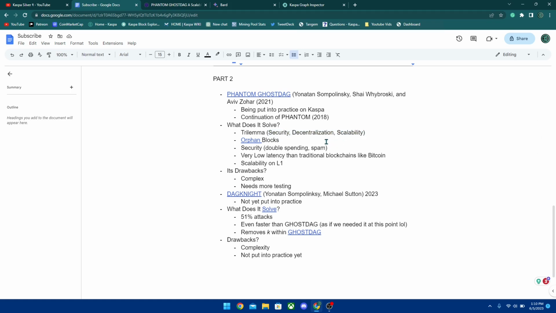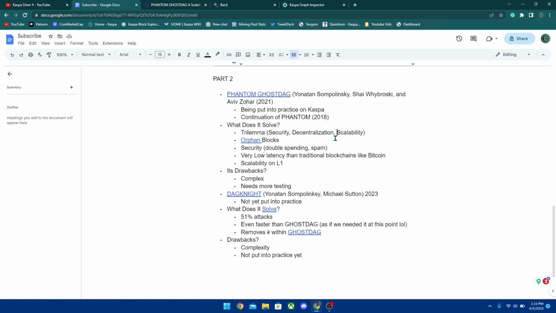When you're looking at Bitcoin, Bitcoin solves the security issues and the decentralization issues, but again, it has to sacrifice scalability. Kaspa is coming here to solve all 3 issues, and the biggest one is remaining proof of work and actually having scalability. Most cryptos that want to have scalability have to transition to a proof of stake cryptocurrency.